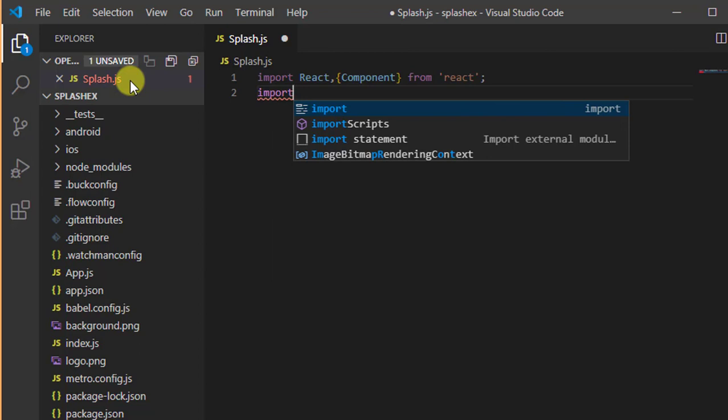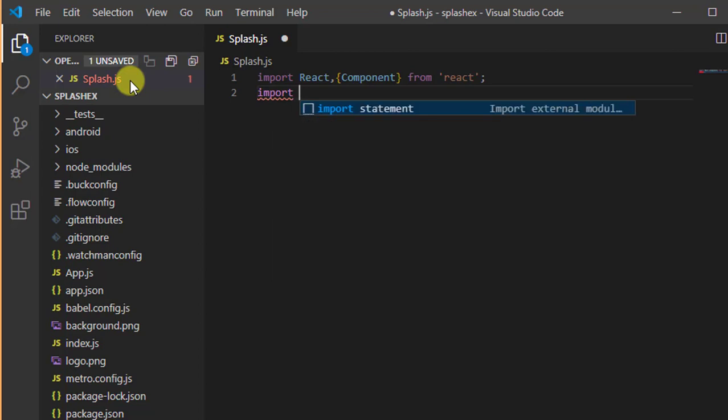In the next statement we have to import all the user interface related components like view,